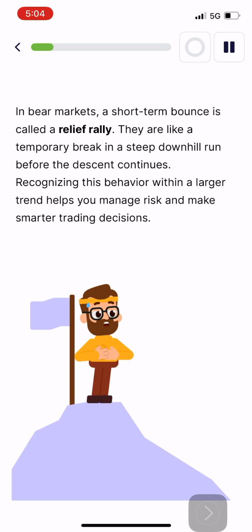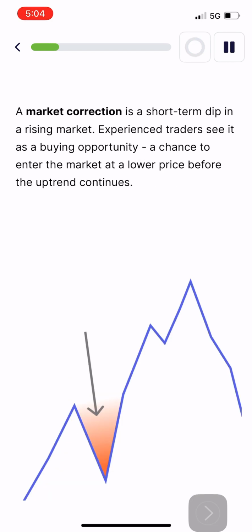In bear markets, a short-term bounce is called a relief rally. They are like a temporary break in a steep downhill run before the descent continues. Recognizing this behavior within a larger trend helps you manage risk and make smarter trading decisions. A market correction is a short-term dip in a rising market. Experienced traders see it as a buying opportunity, a chance to enter the market at a lower price before the